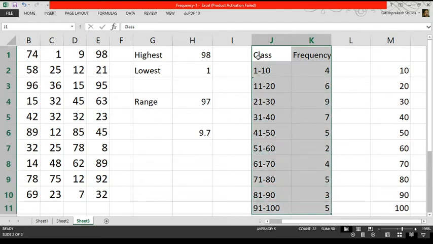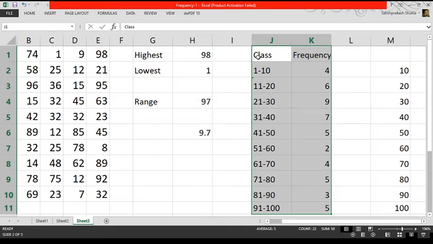Here we have to remember that if the frequency distribution is to be prepared with classes, we have to prepare one more array, that is the bins array, which includes the upper boundaries of all the classes. It may be written anywhere in the sheet. Here we have written it in column M from M2 to M11.